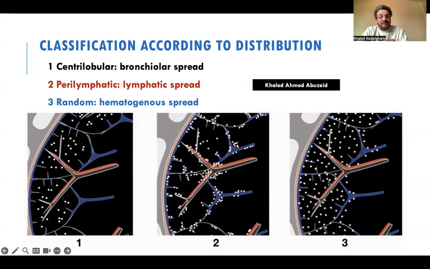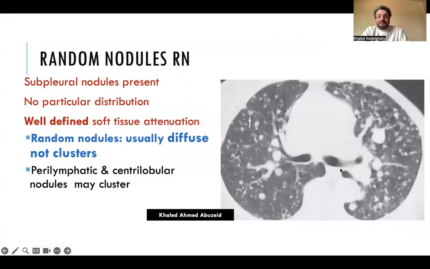In case of hematogen spread of the nodules due to blood-borne, the nodules will be homogeneously distributed. See here, they are concentrated along the pulmonary lobular septa, interlobular septa, and bronchovascular interstitium. But here they are homogeneously distributed. And as in our case, here you see that the nodules are homogeneously distributed along the lung, no preference for the interstitium, and